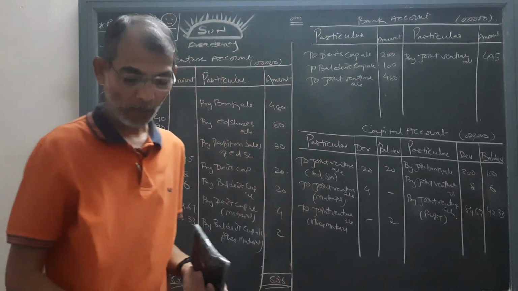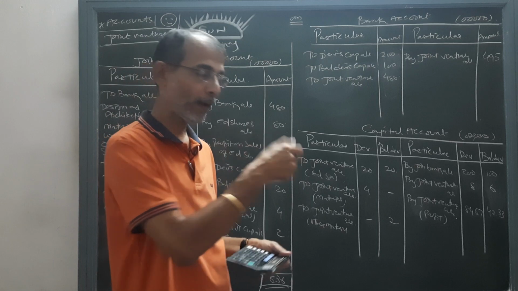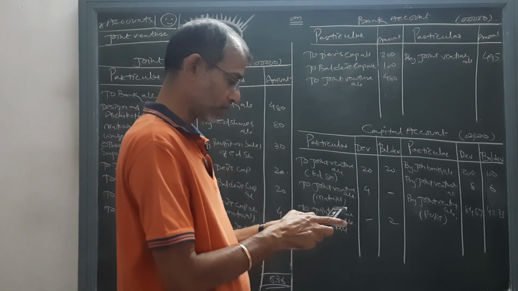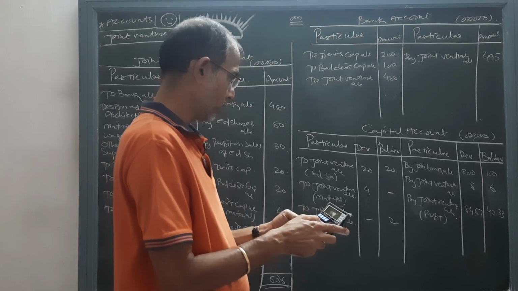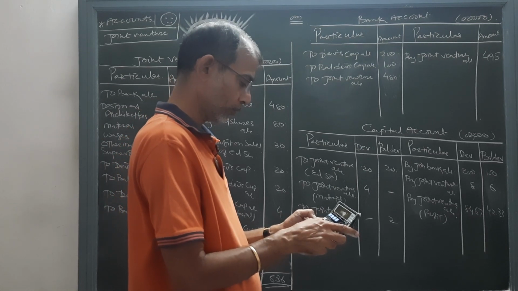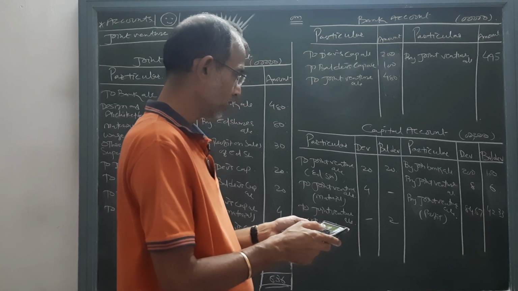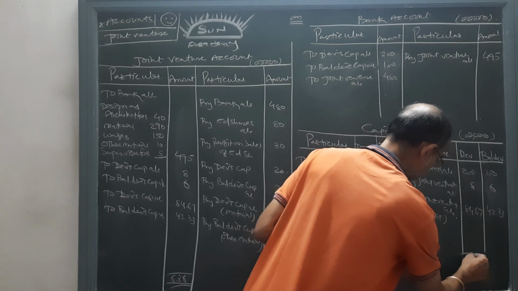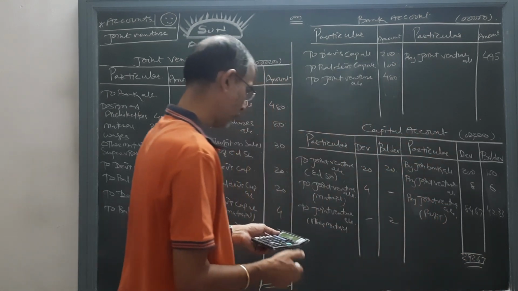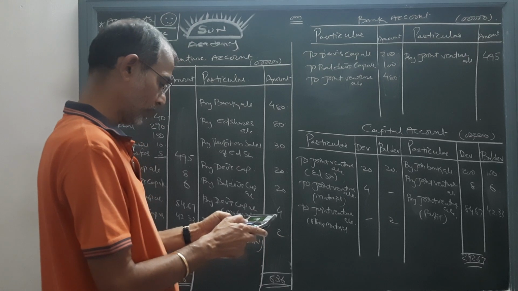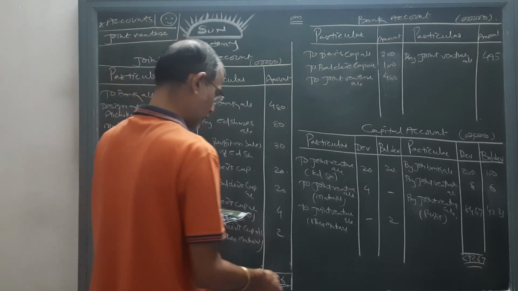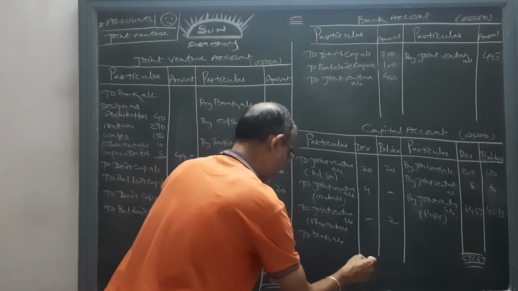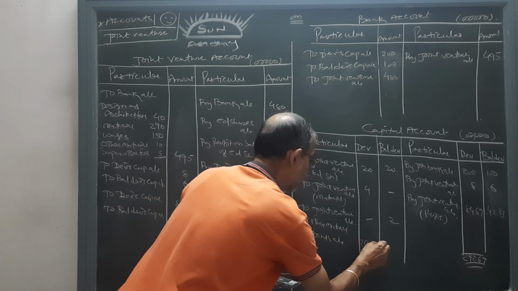Now we have to find the balance of the capital account which will be paid to both. So 200 plus 8 plus 84.67, that is 292.67, out of which minus 24. So he will receive to bank account 268.67